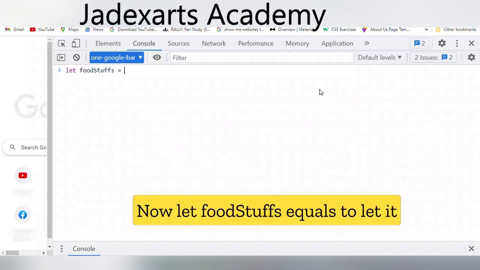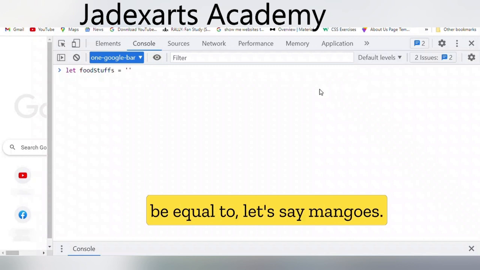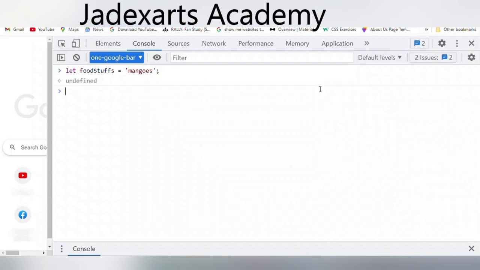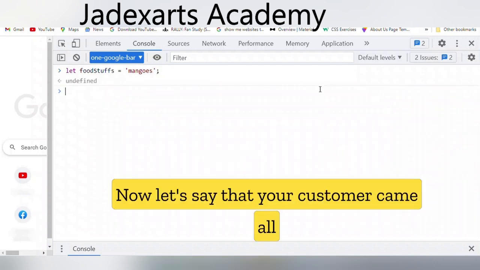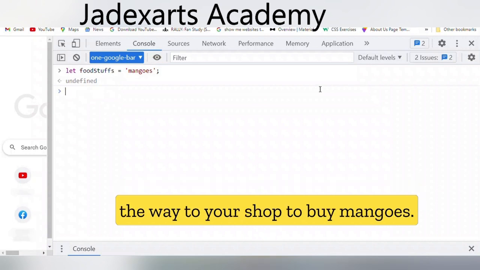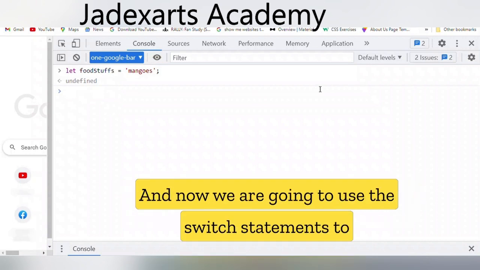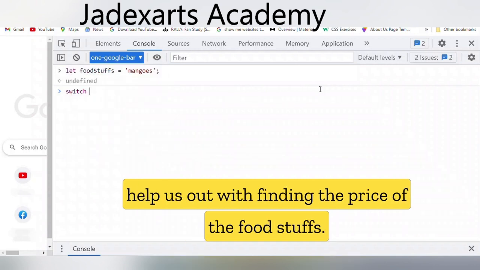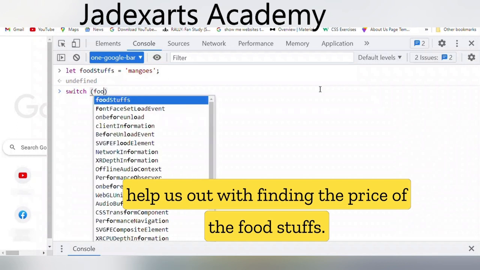Now let foodstuffs be equal to, let's say, mangoes. Now let's say that your customer came all the way to your shop to buy mangoes, and we are going to use the switch statement to help us find the price of the foodstuffs.